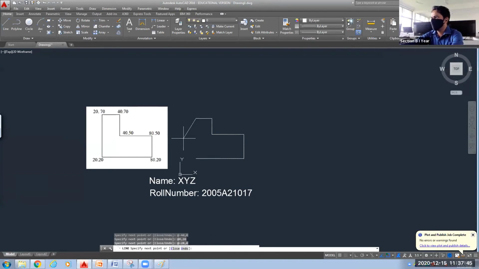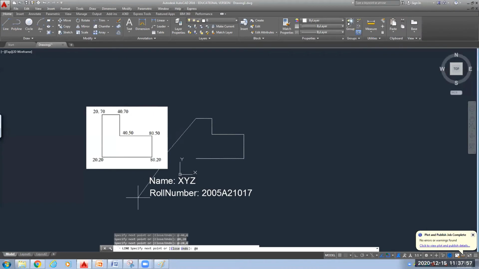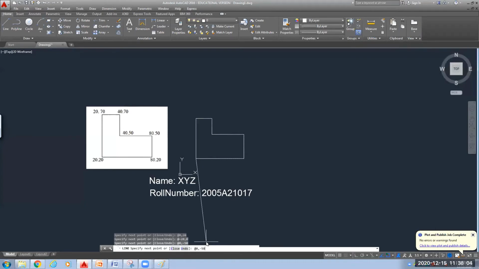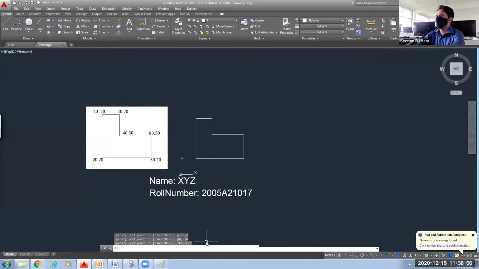And again, you can close it. So coming down, at the rate, in x we are moving 0, and in y 20 minus 70 will be minus 50. Minus 50. Very good. So this is how the diagram is closed.